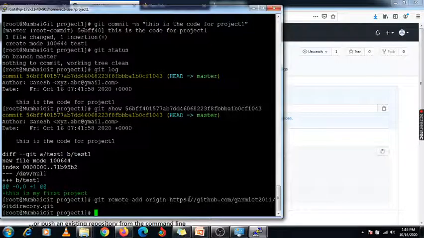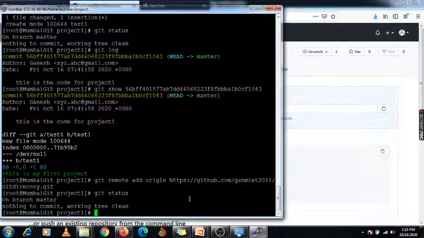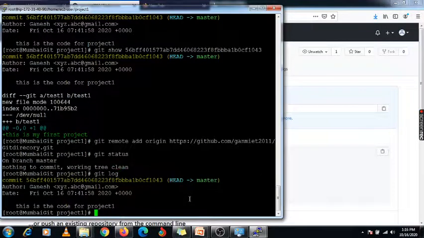So that git repository is now attached to my Linux machine, and now we are going to push it. Again I am going to check git status. So in my working directory there is no code available. With git log, the commit id is available.